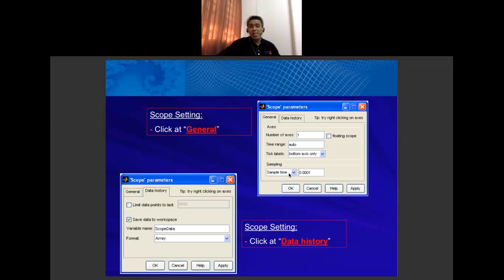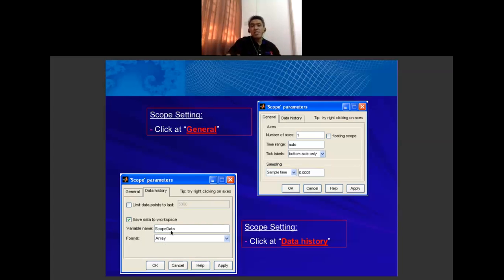You can set the sample time as I mentioned just now. And if you click at data history, tick save data to workspace.